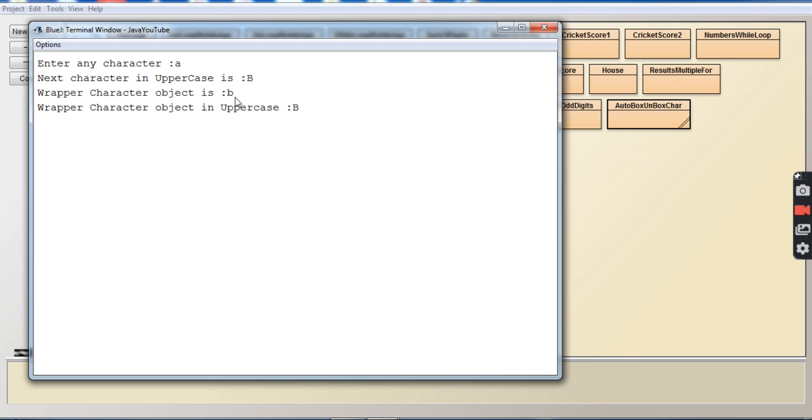So see, B is coming in lowercase, because it's still in lowercase, it has not been converted. And after unboxing and autoboxing, the character in uppercase is again B. This is to demonstrate uppercase to lowercase, lowercase to uppercase, and autoboxing and unboxing.